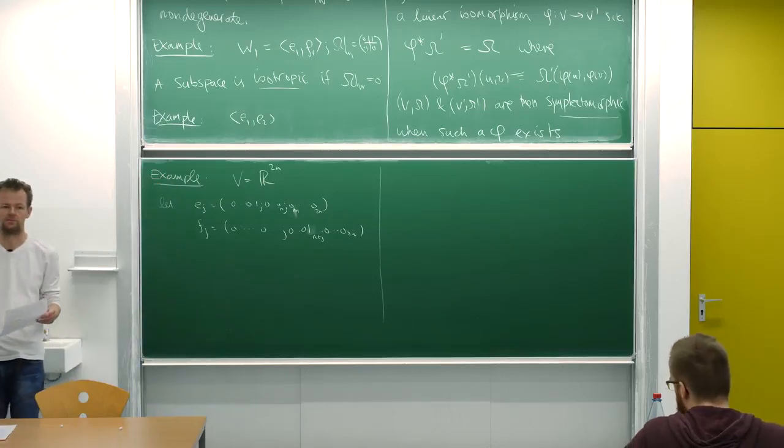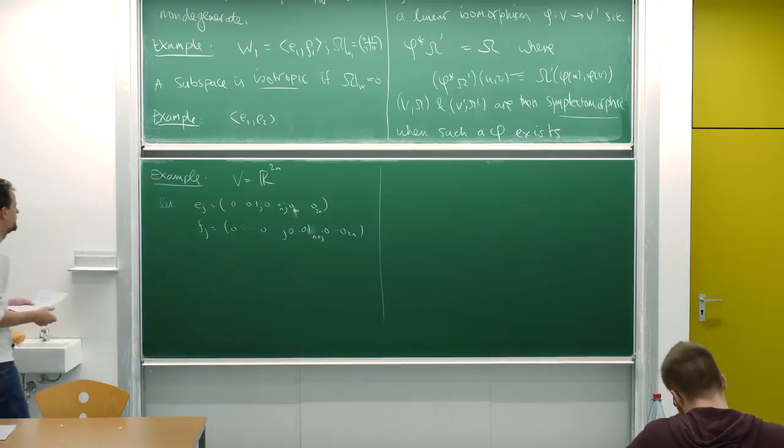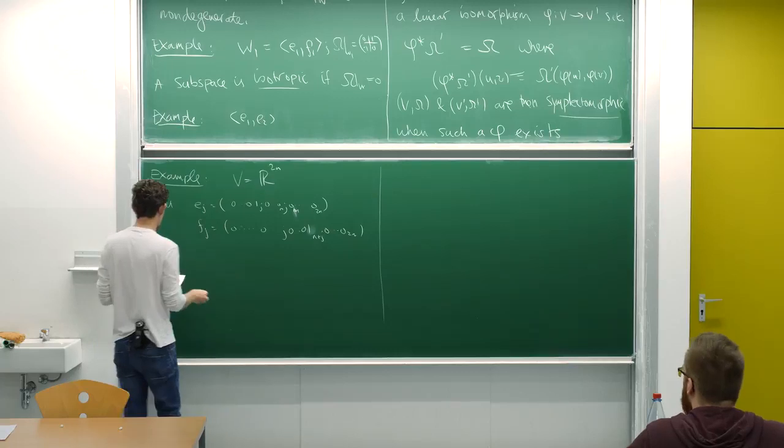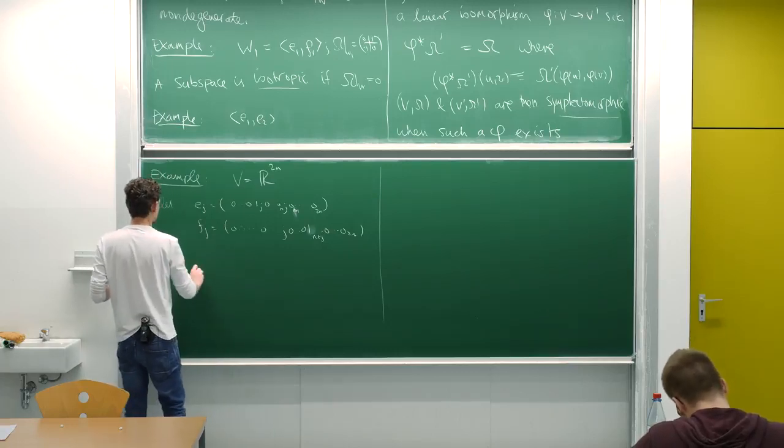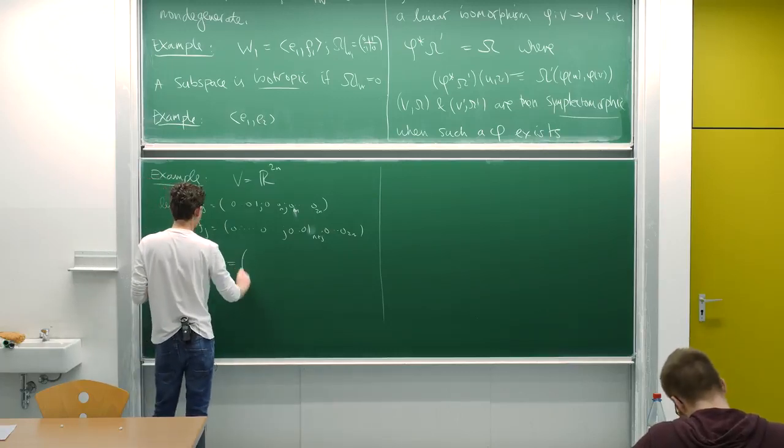So we've already seen this example implicitly. So we let this be the basis, and omega naught